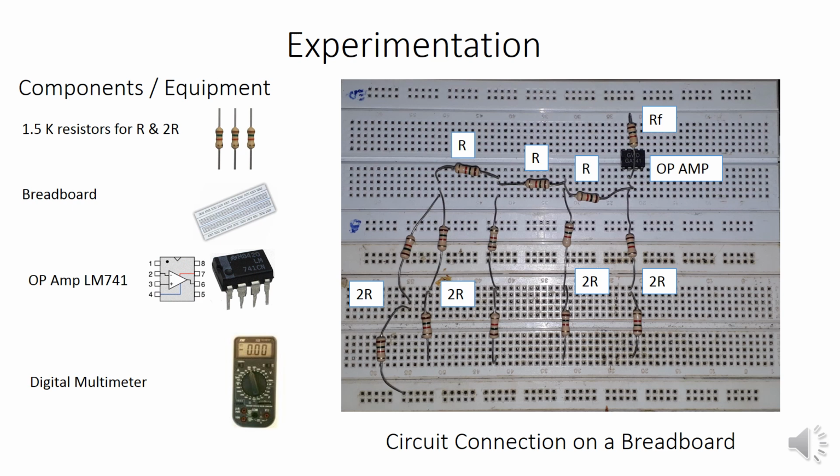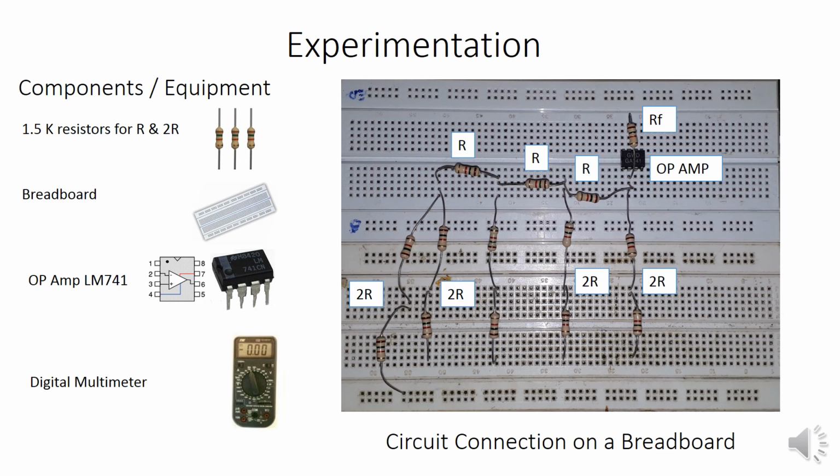Okay. So, if you can see the pin configuration here, pins number 7 and 4 are used to apply plus VCC and minus VEE. Those two are the biasing voltages required for an op-amp. And 2 and 3 are the input terminals. 2 is used as the inverting terminal, 3 is used as the non-inverting terminal, and we obtain output at